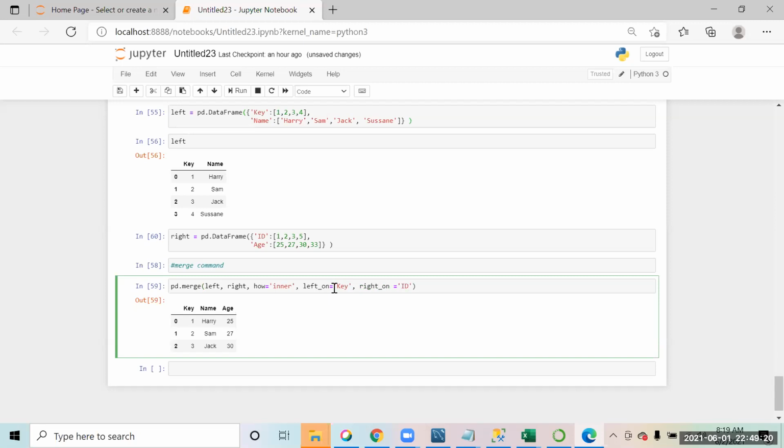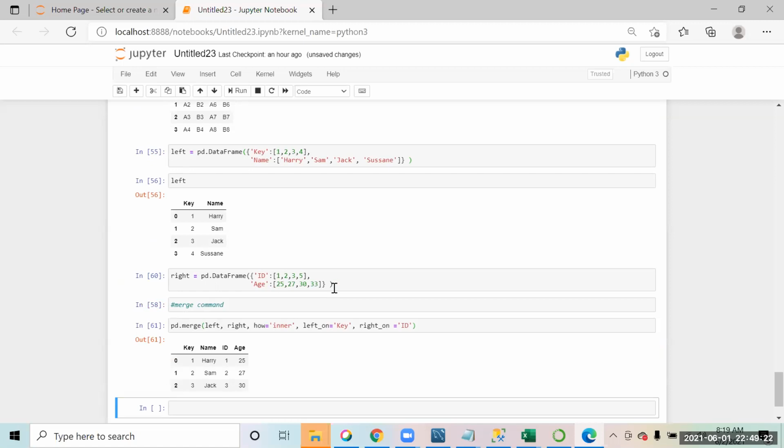If your column names are different, you have to mention the column in the left table and the column in the right table on the basis of which the join has to be created. So you'll have to use this part over there. I hope I'm clear to all of you. Left on and right on.